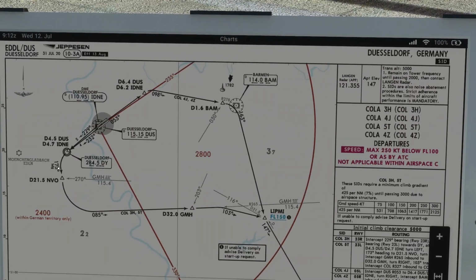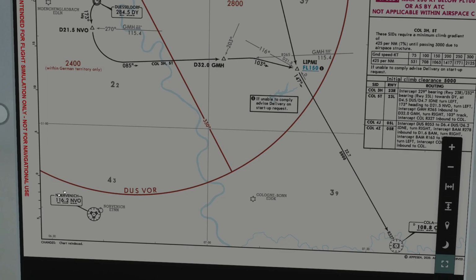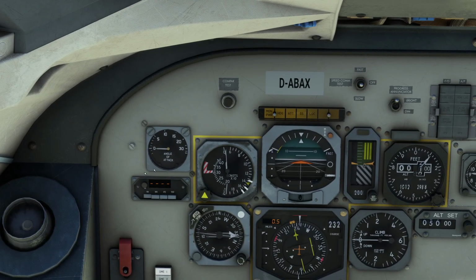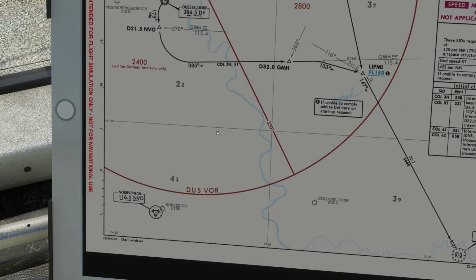Next is going to be a left turn heading 173, so we can fly that on the heading bug, until 21.5 DME from Nürnberg, which we have on the chart down here. So I'm going to use Nürnberg 16.2 in the nav2. 16.2, and obviously we do not receive that on the ground. For that reason we don't get any indications over here, because the VOR is just too far away from our